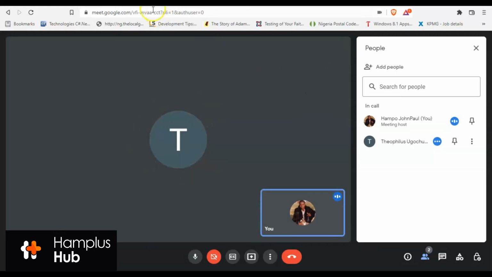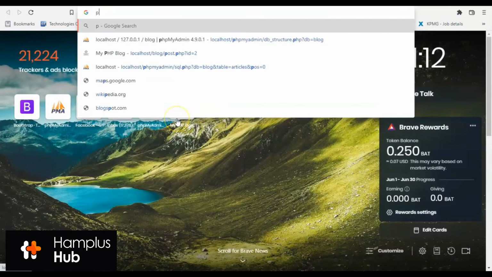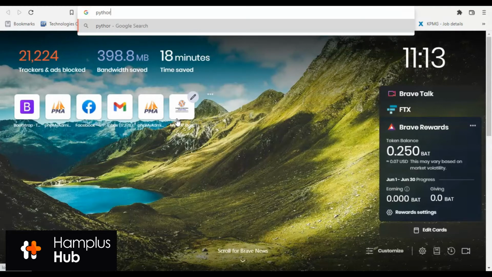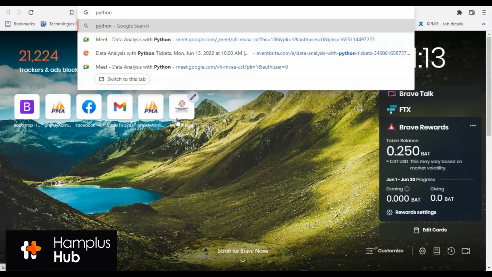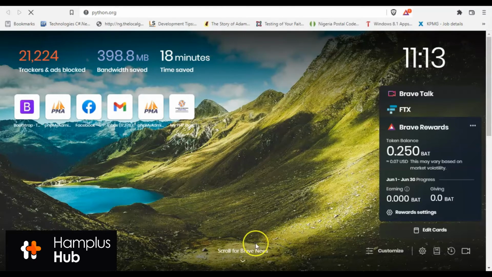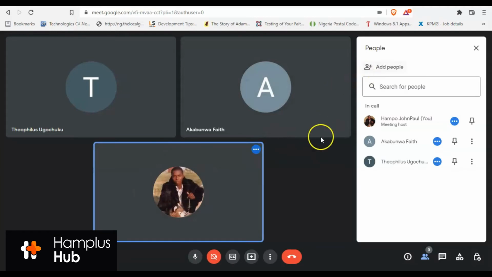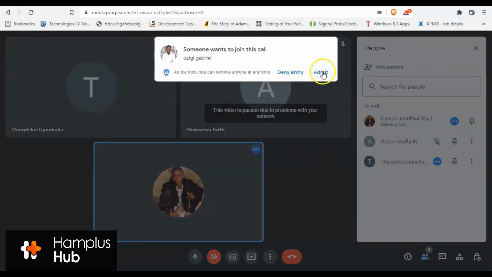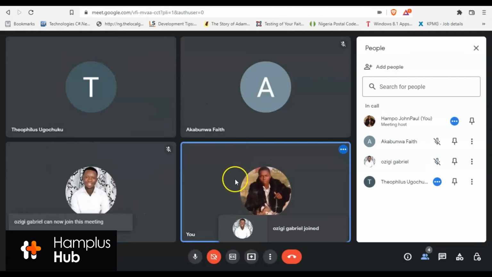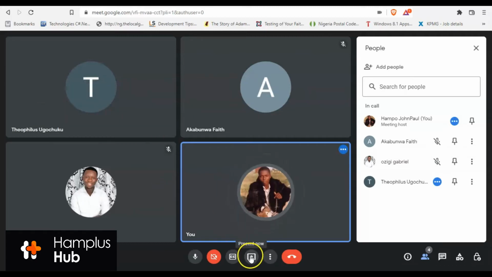So first and foremost, we would like to install Python. If you don't have Python on your system, kindly go to python.org and install Python.